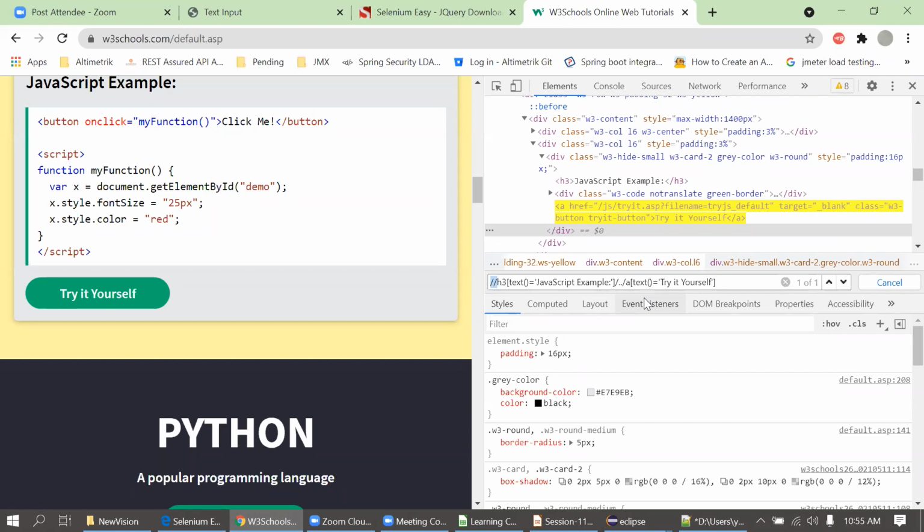If there is no change in the shadow DOM, suppose this is under a shadow DOM, then we will have to change. Even if you use index, the script won't run, right? So the basic question is, if I'm using indexing at the initial stage itself, where is the problem? Because ultimately the script will fail. Even if you don't use indexing, if these elements get changed, eventually it will also fail, right?